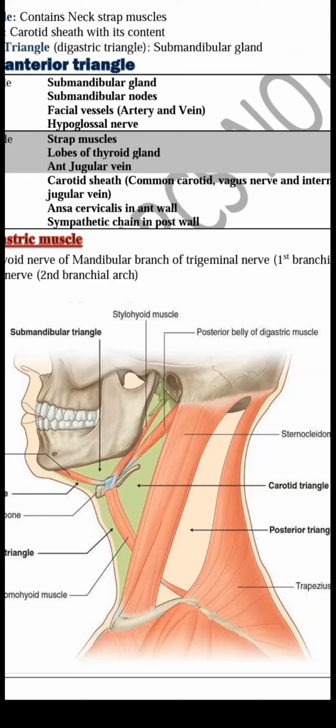The half muscle is this. This is the part of the muscle which is superior, and its inferior part is found within the posterior triangle. This muscle is called omohyoid. This is the superior belly of omohyoid, and this is the inferior belly of omohyoid. So please keep these two muscles: you have the digastric muscle, you have the superior belly of omohyoid, and you have the inferior belly of omohyoid, which is found in the posterior